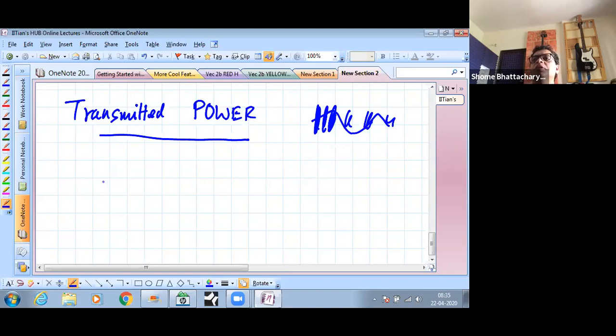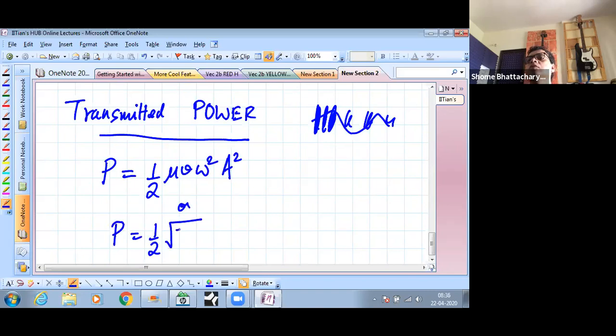So the power P is the rate at which that energy propagates, and it is given by the simple formula, half into mu into V into omega square into E square. Or you can also write it as half into square root of tension into linear mass density into omega square into E square. So either of these. And most importantly, here you can see that the power is therefore directly proportional to square